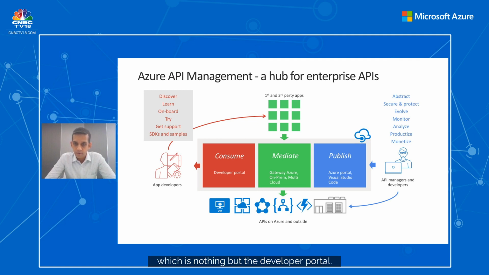Additionally, the API definition is also sent to this red box, which is nothing but the developer portal, right? So once the API becomes available in the gateway and the developer portal, the partner app developer who is interested in consuming your API will be able to look up and get the details of the APIs from the developer portal. So they get the details from the developer portal. They start building the application, the first and third party applications,